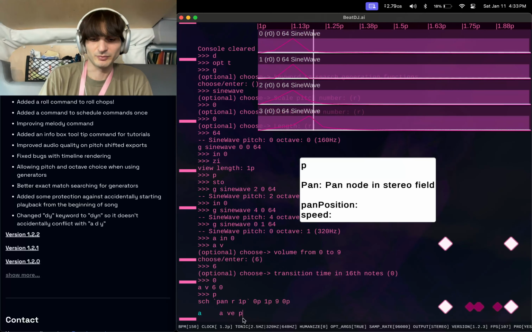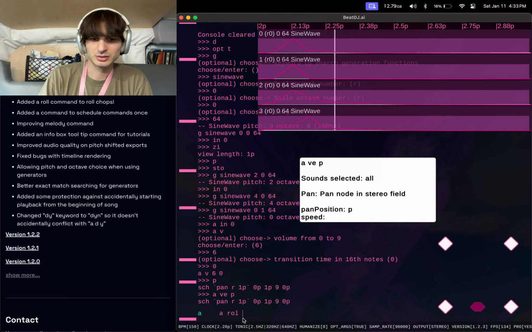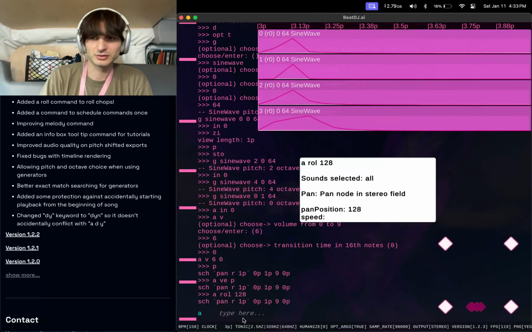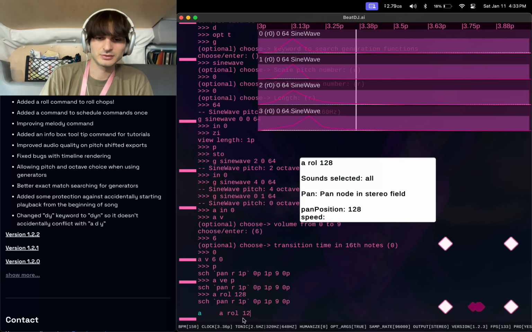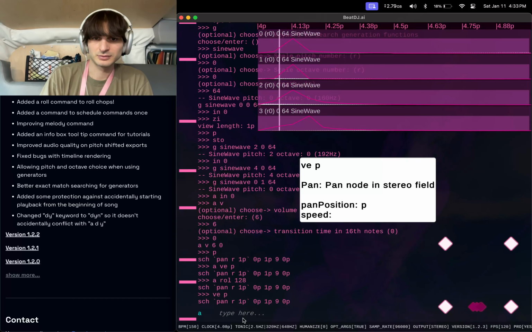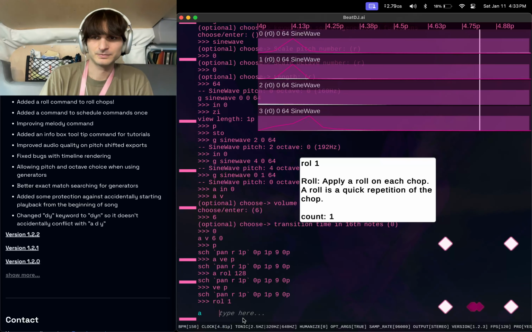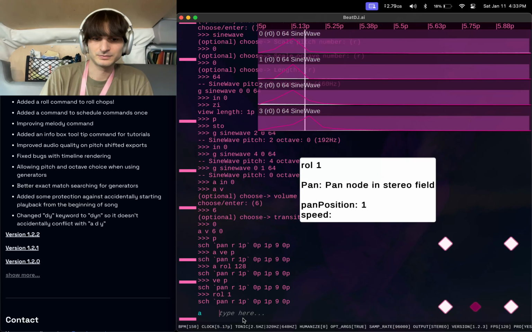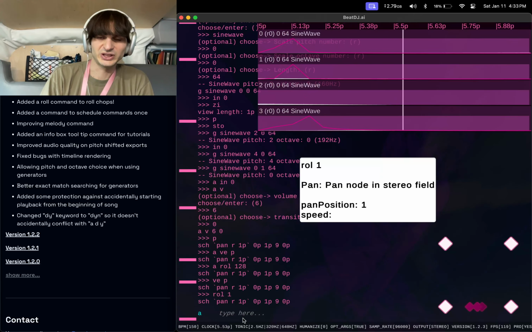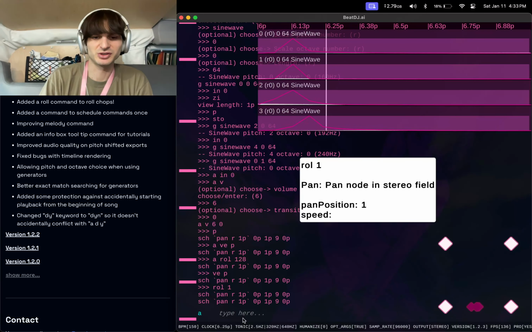Could do some random volume envelope changes, some random rolling, maybe. But it's nice being able to have that option to just enter which pitch you want, basically,